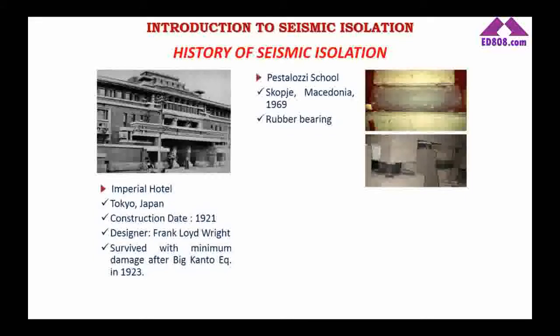Very similarly, in 1969, in Pestalozzi School in Skopje, in the former Yugoslav Republic of Macedonia, they placed rubber pads, rubber isolators, under this building. But the problem with this school is still there. The problem with the school, maybe you can see from the image also, was that the rubber pad had some bulges